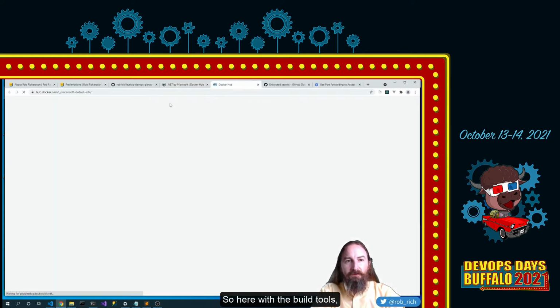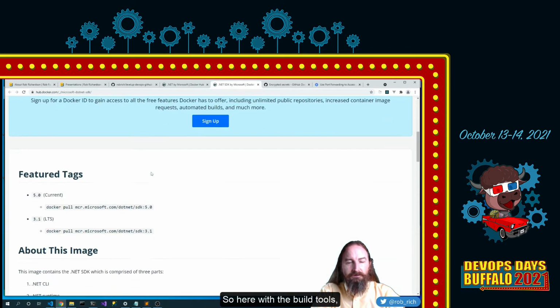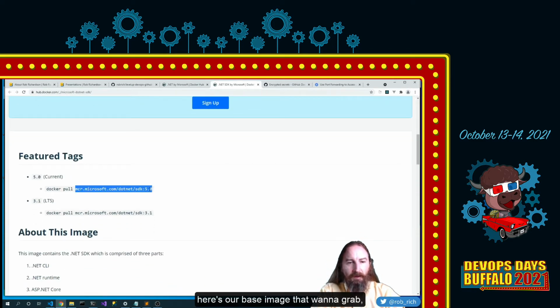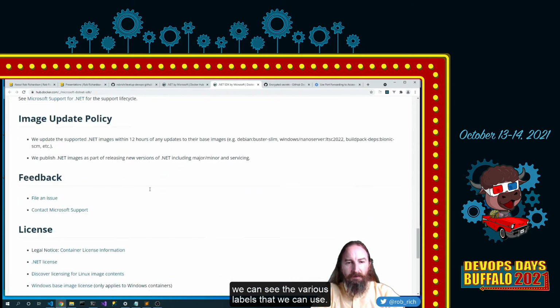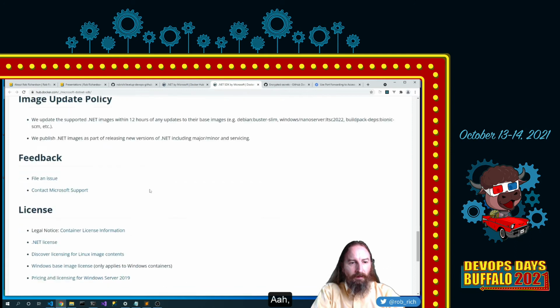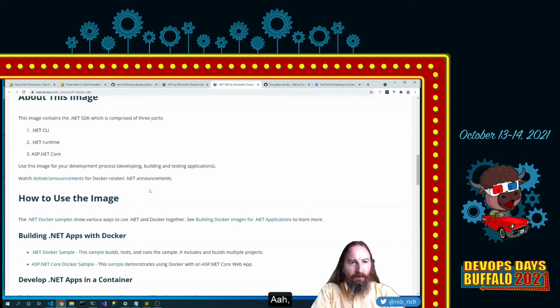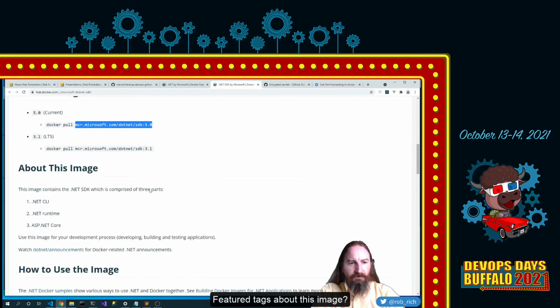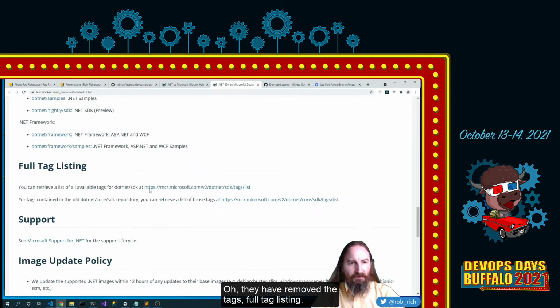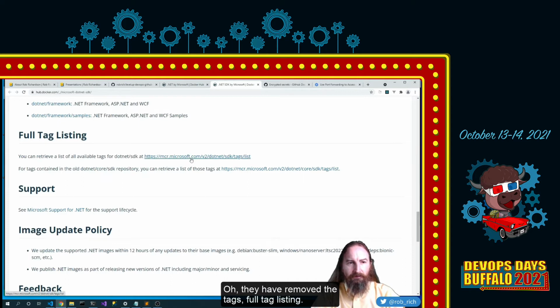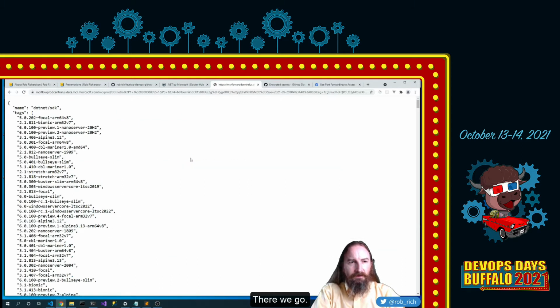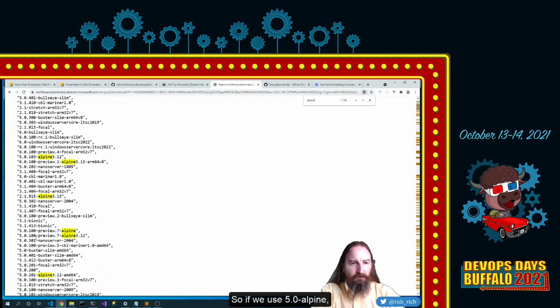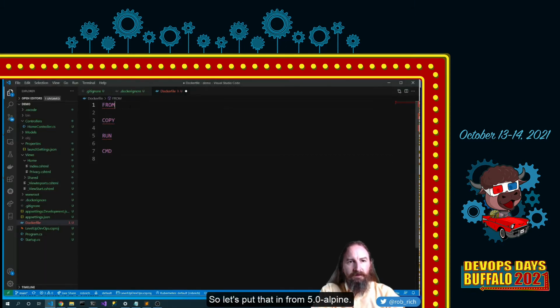So here with the build tools, here's our base image that we want to grab, and scrolling down, we can see the various labels that we can use. Did I grab the wrong one? Featured tags about this image. Oh, they have removed the tags, full tag listing. There we go. So here's a list of all the tags, and we have various tags, but we also have an Alpine version. So if we use 5.0-Alpine, we'll be able to get at exactly the version that we want. So let's put that in from